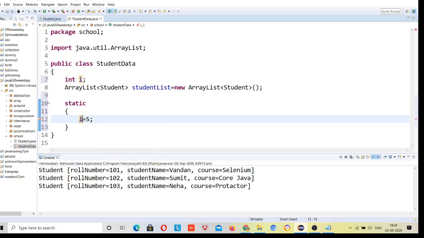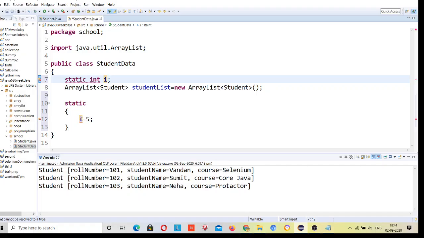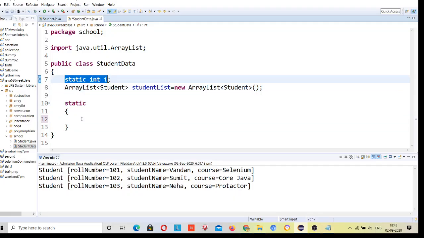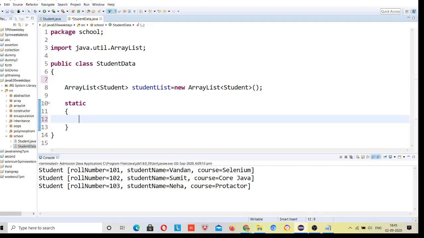So either I have to make this static so that I can assign a value to it. If you are assigning values to a variable inside a static block, then either define that variable static or declare it inside this static block.